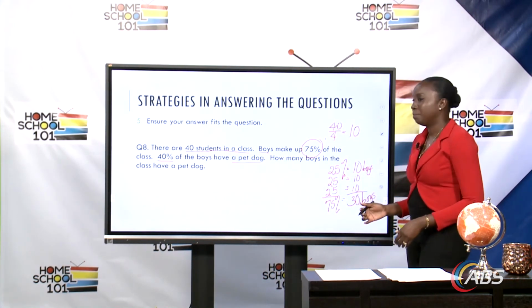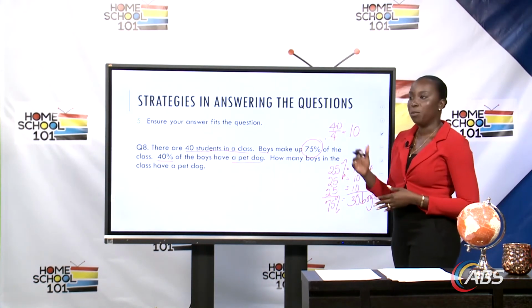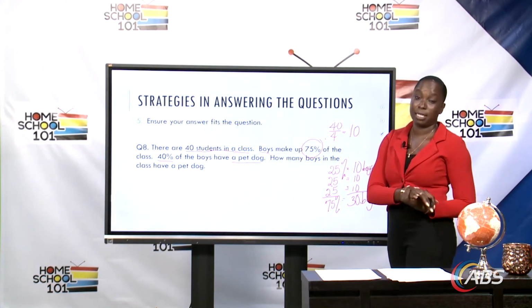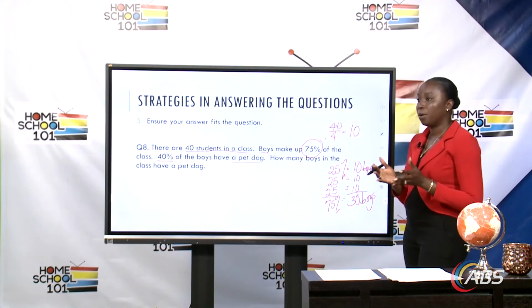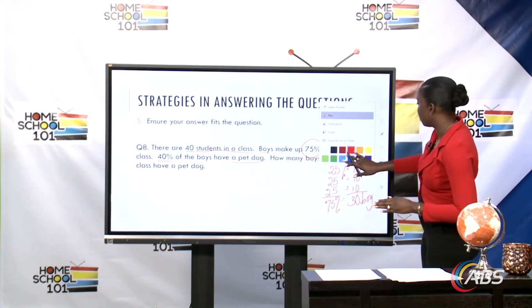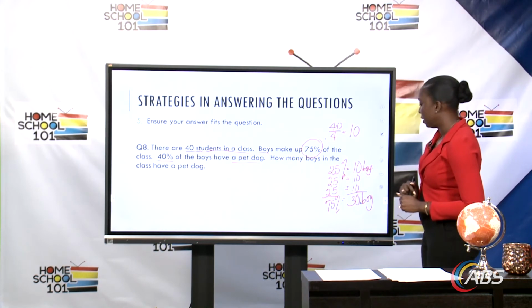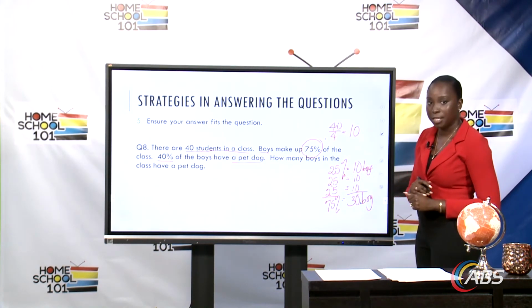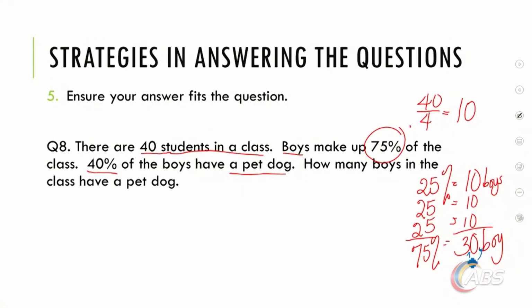Now, 40%, because remember you can't use a calculator, it may not be that simple to think about, but we can always break our percentages into 10%, and 10% is always the easiest percentage to find. So if we move our point, which we know our whole number, we have our point at the end. If we find 10% of 30, that means we move the point 1 place to the left. So 10% of 30